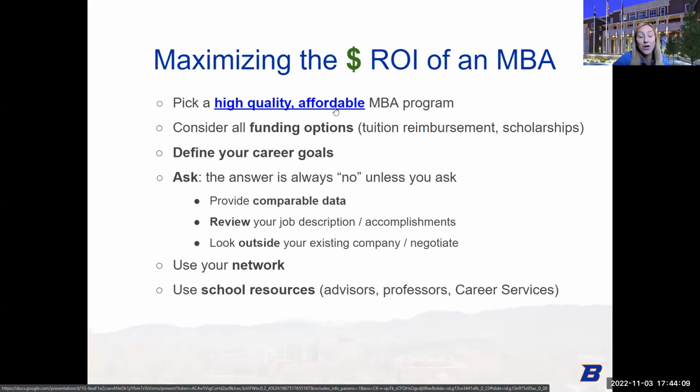Part of it, in part, is just the audience that they're selecting and looking for. But really, if you're going to maximize the dollar value ROI of your MBA, you want to pick one that's affordable, but yet still high quality. And I will say that Boise State does fall into kind of a niche that we've found over the years. Our price point with a scholarship is right around $31,000. So we are not going to be into those upper echelons of $90,000, $100,000 MBAs. But we also are a high quality program that pays our faculty well. We have well reputable courses and reputation and brand awareness and networking opportunities that make us still a quality program